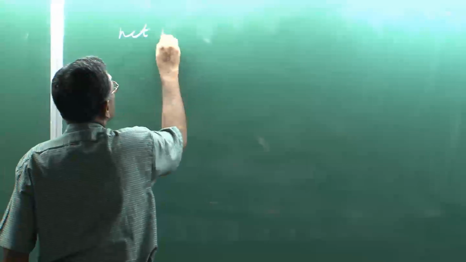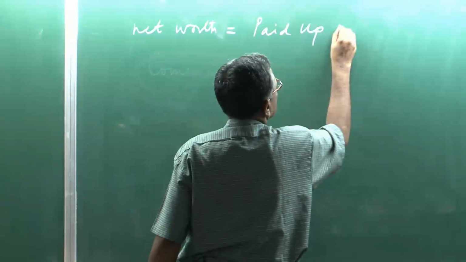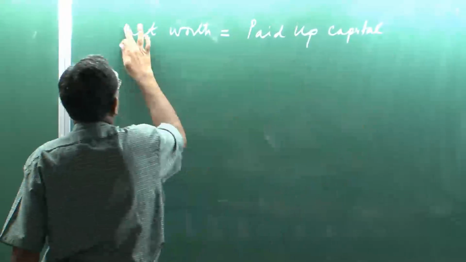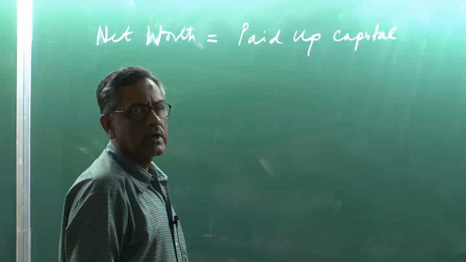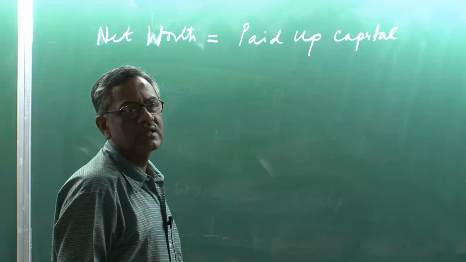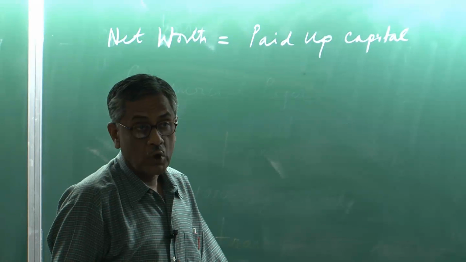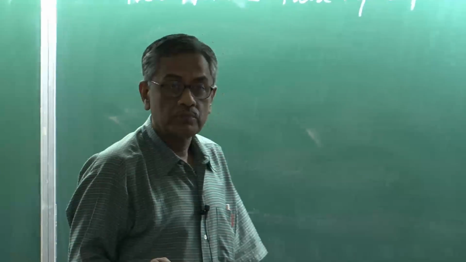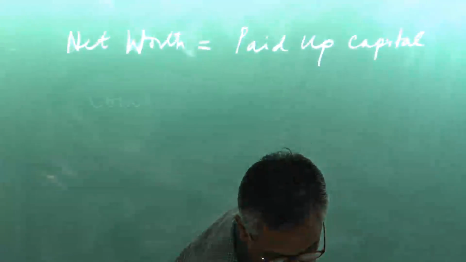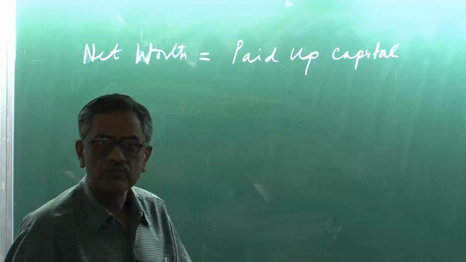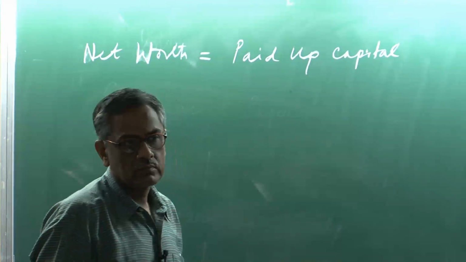So, net worth is equal to paid up capital. Paid up capital essentially consists of the equity capital that the company has. And what is the equity capital? It shows how much shares it has sold, or in case of paid up capital, it has to announce at the time of registration how much equity capital you would like to have. So, it sells shares to get that capital, all right, equity capital. So, paid up capital is nothing but announced equity capital of a company, but net worth is just not